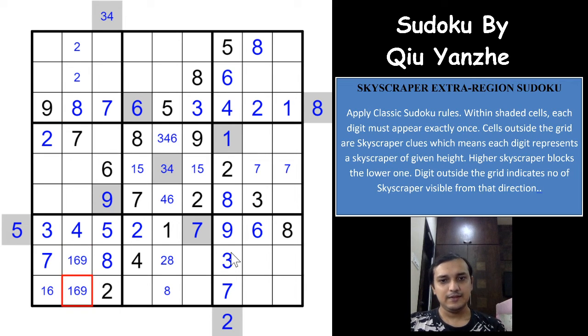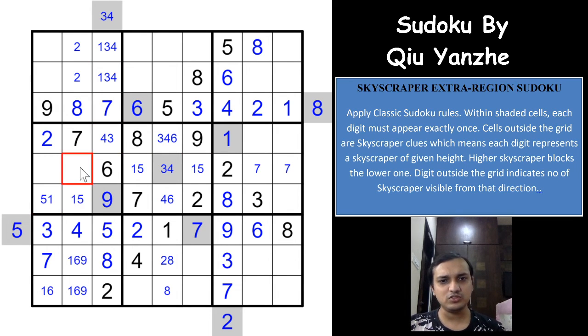Right? And so the 3 digits remaining are 1, 3 and 4. You already have a 1 here. You will have a 3 and 4 here. 1, 3, 4 and 1, 3, 4. Okay. And because of the 1, 5 pair here, you get a 1, 5 pair in these 2 cells.